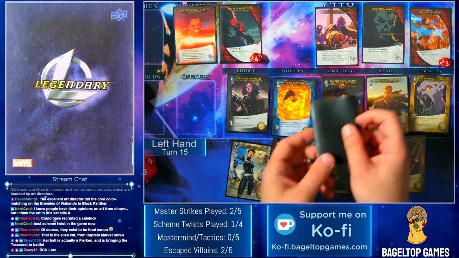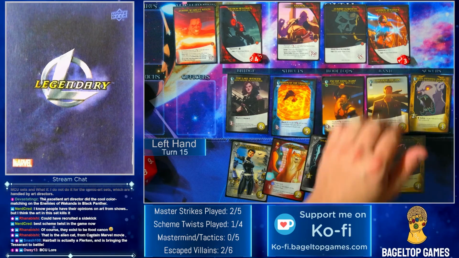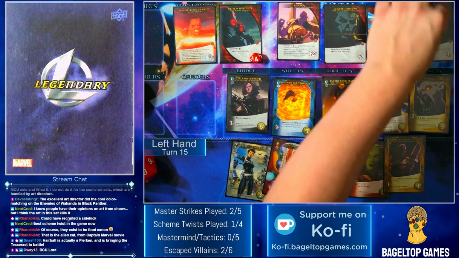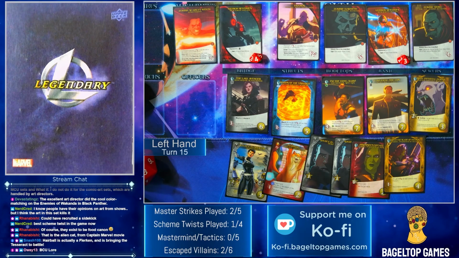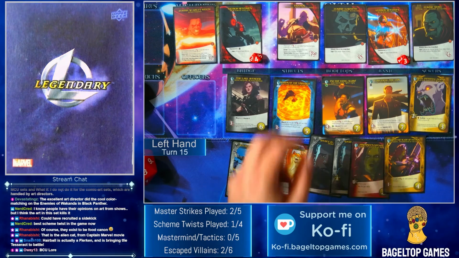Double Gamora. Turn 15. Zombie Wong comes back, and unfortunately, we got some zombies coming in. So, Zombie Wong comes in. He has Ambush Rise, which means that Zombie Iron Man comes back in as well. Left-hand side got Sentries on top, so that doesn't do anything. But he's going to do his whole thing. Thanos...